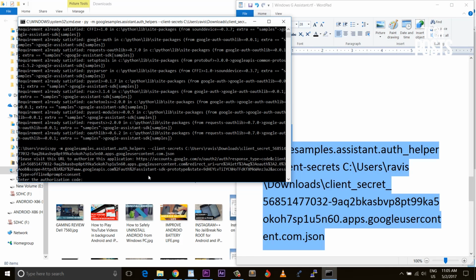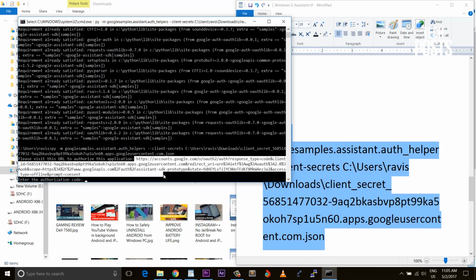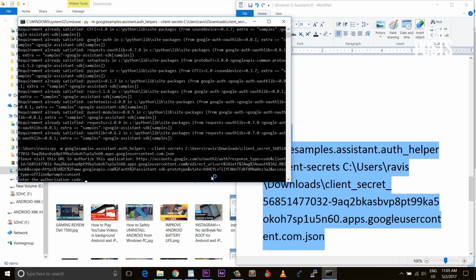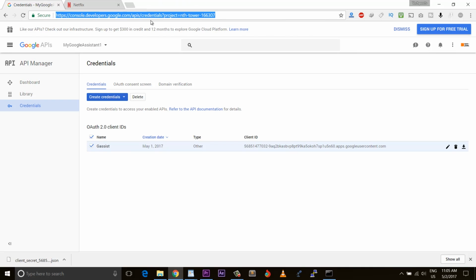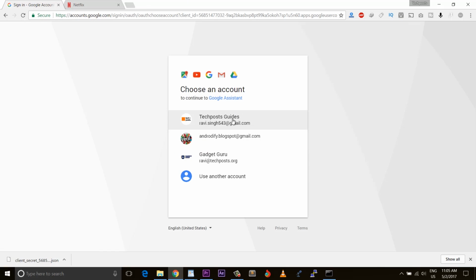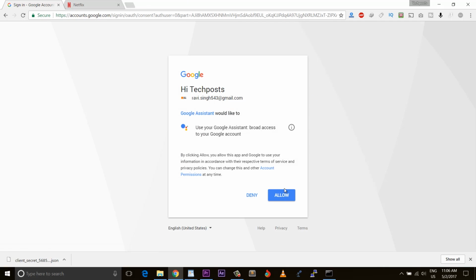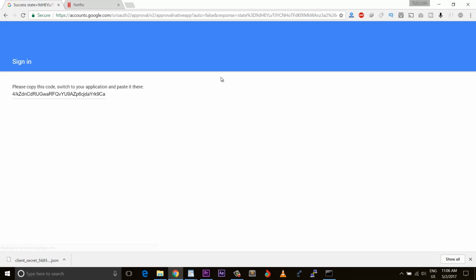This will return a URL and will ask you to visit that URL to authorize the app. So copy the link and paste it in the browser. Select the Google account you used earlier to configure the Google Assistant API. Make sure you select the same Google account. Now on the next page, you need to allow access to the Google Assistant API.